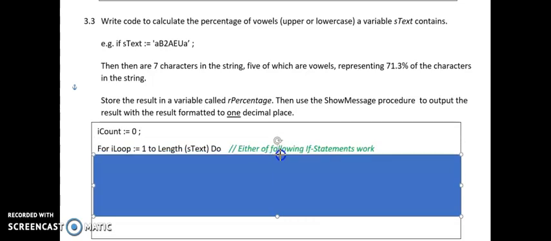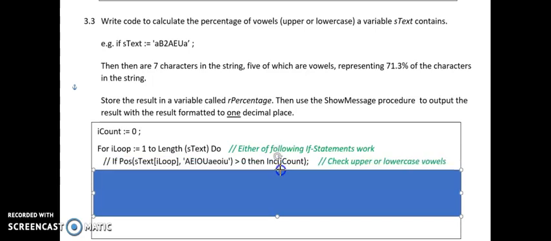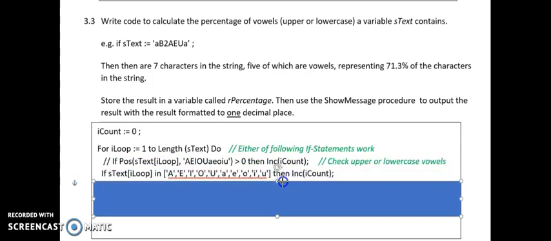Right, for I equals 1 to the length. Now, I've put in 2 if statements because they both work, and you might have a preference for one or the other. Okay, I'm going to go to the second one here and say, right, if s text I loop,